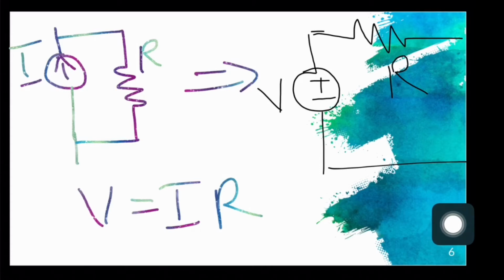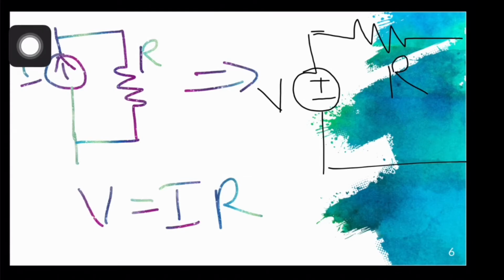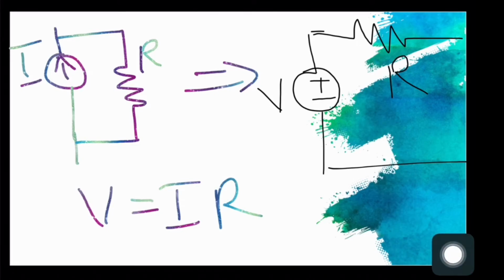One more thing I would like to add, it's regarding the sign assignment of the equivalent voltage source. The positive polarity of the equivalent voltage source should be marked at the current leaving terminal of the current source. Got it? Here you can see the current leaving terminal of the current source is at the top. That's why we mark positive polarity at the top for this voltage source. Hope you got it. It's time to replace current sources in our network with their equivalent voltage sources.